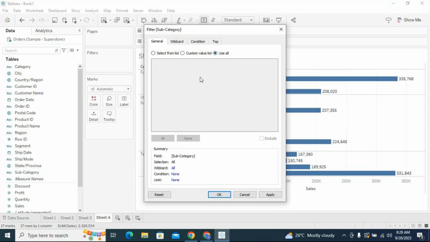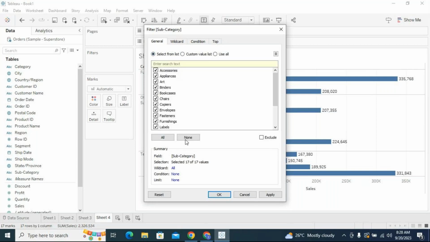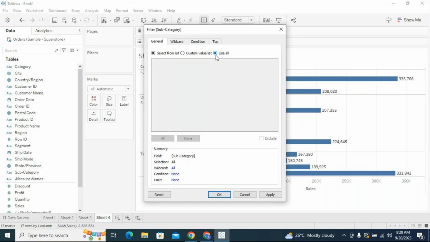What is the difference between use all and this all option? So this all option works when you have a number of values. Instead of selecting all available values one by one, with a single selection you can select all available values. Okay, whereas when it comes to use all,